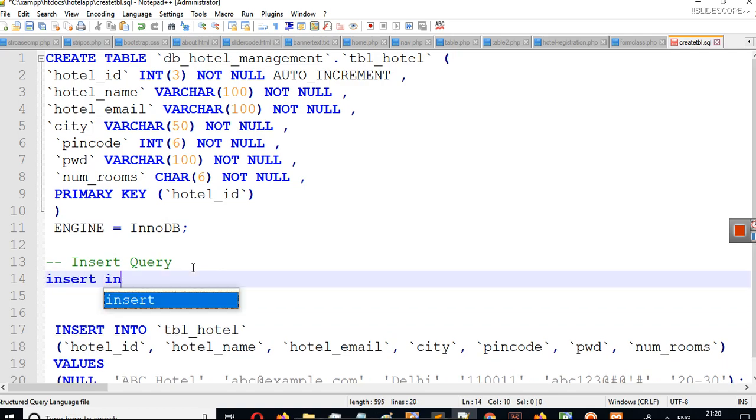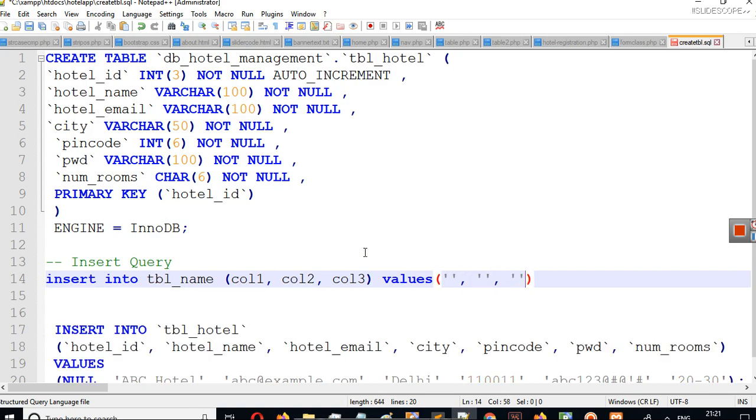So insert into TBL name, whatever your table name is. Then with the table name, create opening and closing brackets here. And inside that, write the names of your columns, col 1, col 2, col 3. Then write values here, and then write whatever values you have to insert. 1, 2.